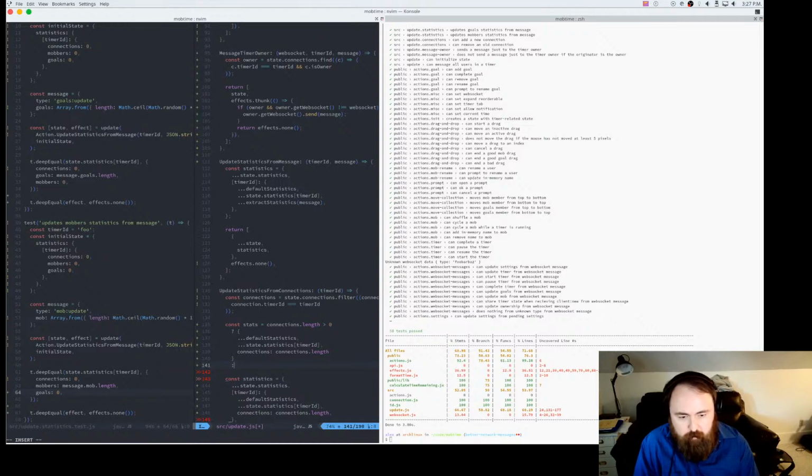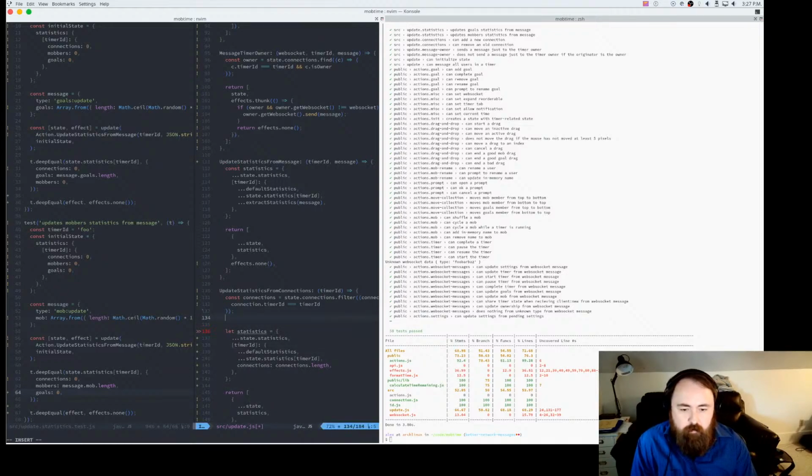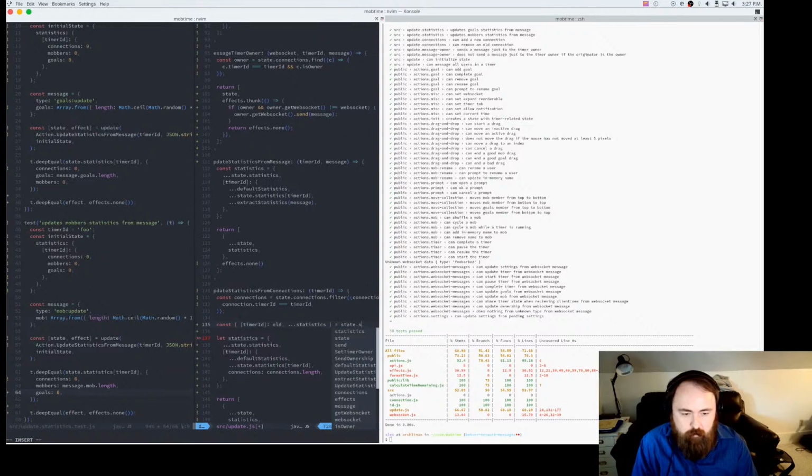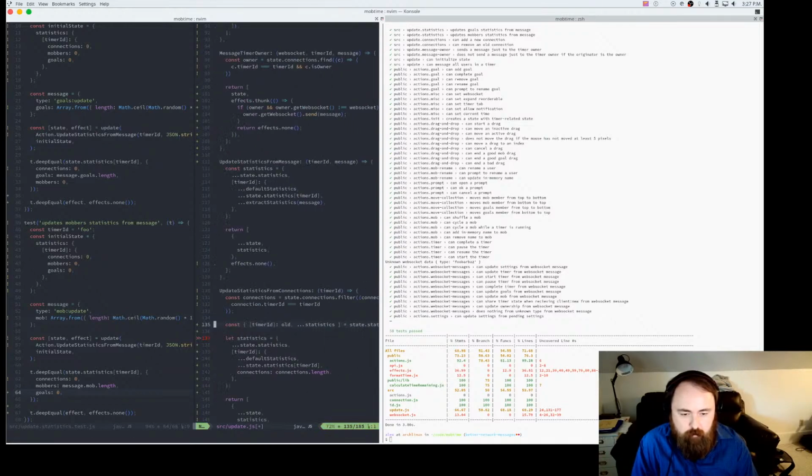Then otherwise, actually, how do I? Ugh. You know, we're going to have to do something like this. So this is what our default is, but I don't like doing extra work for no reason. So we're going to say const, we're going to take a timer ID as old, and then statistics equals state.statistics.